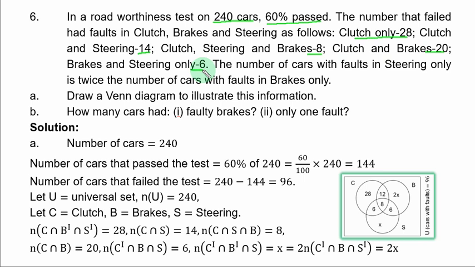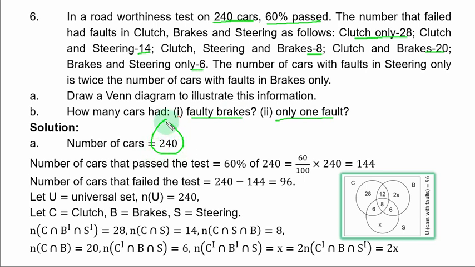The number of cars with faults in steering only is twice the number of cars with faults in brakes only. A part of the question, draw a Venn diagram to illustrate this information. B part, how many cars had figure 1, brakes, figure 2, only 1 fault. Solution: total number of cars tested you have